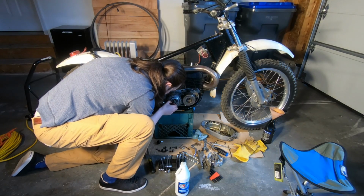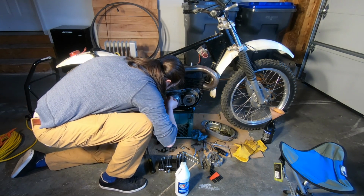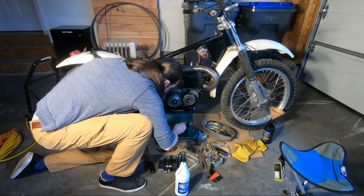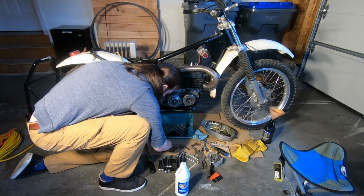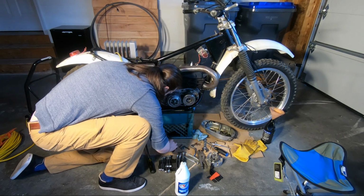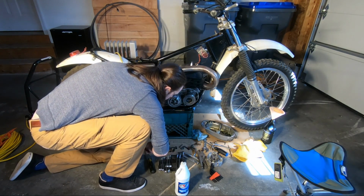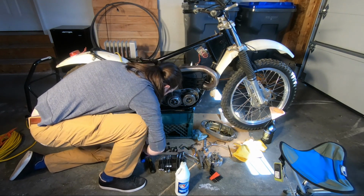Alright, once the clutch cover was off, I did try to squeeze a little oil in there, not that gear oil that you see in front of me, but the correct oil for that clutch side, and I couldn't get the plates to slip. So I'm just taking all the springs out now, and basically what I'm going to do is take each one of the plates off and inspect them, make sure that there's not really any warping or